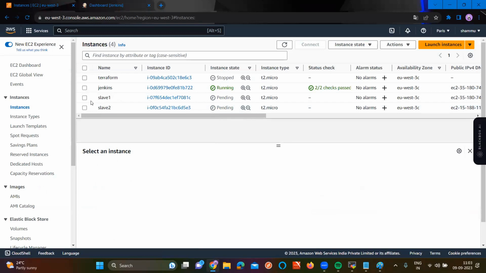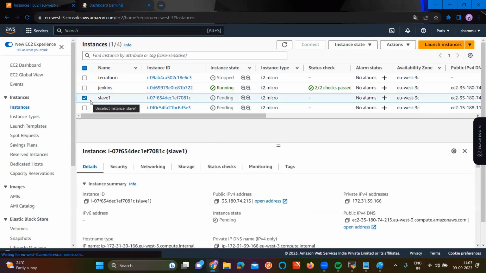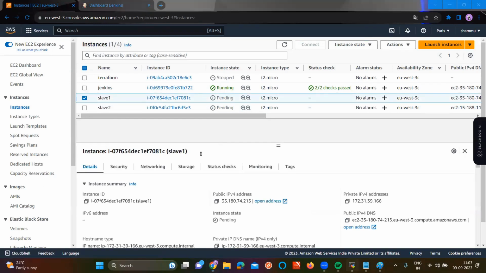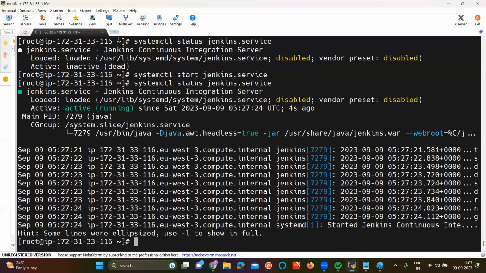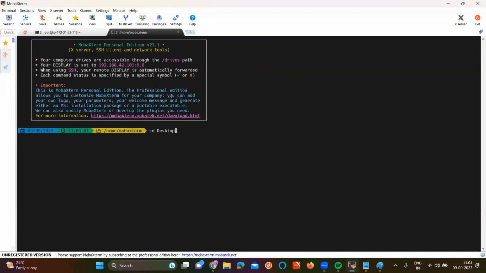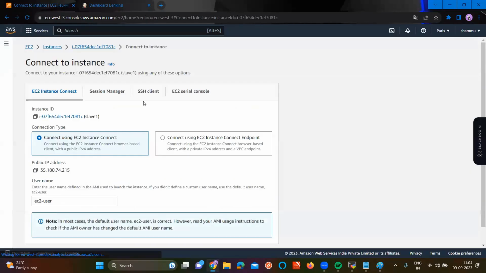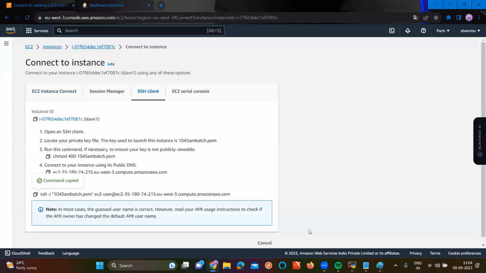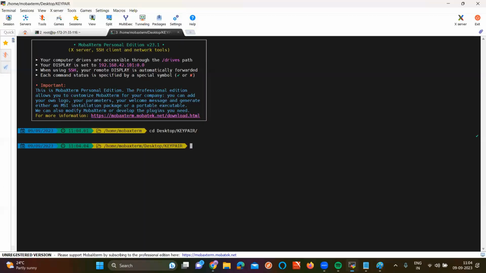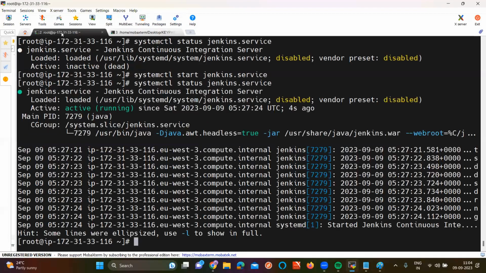First of all, let's connect with our slave 1 server. You can connect with MobaXterm as well. cd Desktop/key pair. Connect, SSH client. Sir, it is my slave server. So first one is my Jenkins master. First one is my Jenkins master. Second one is my